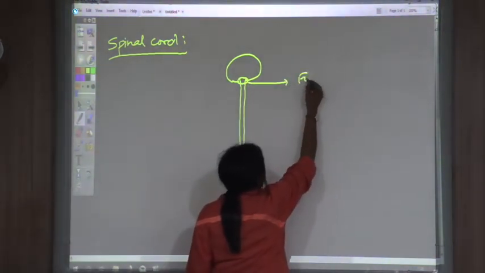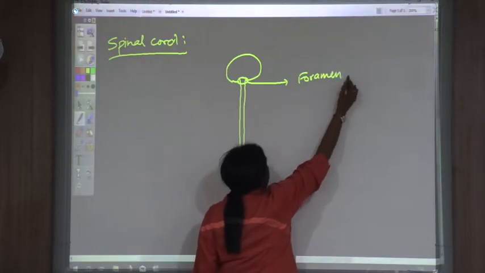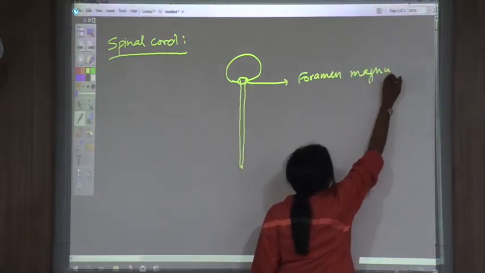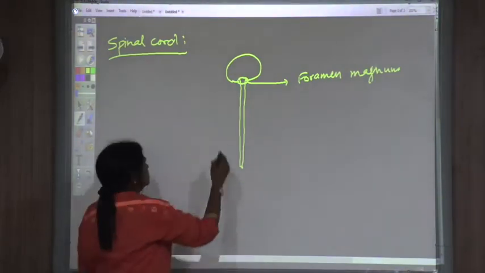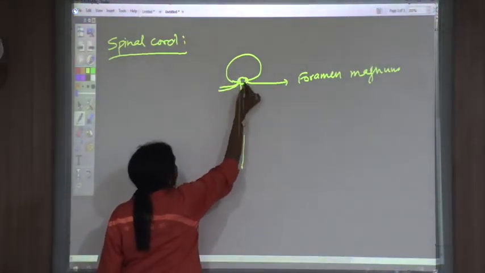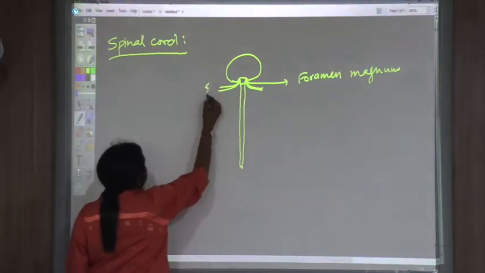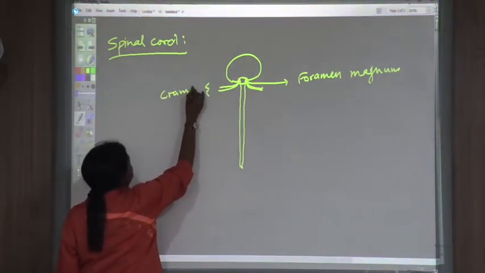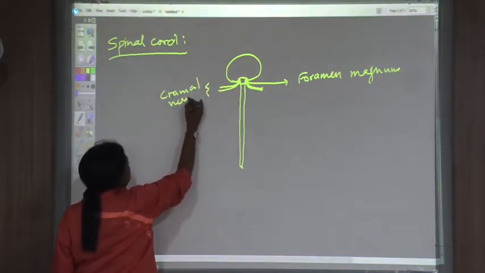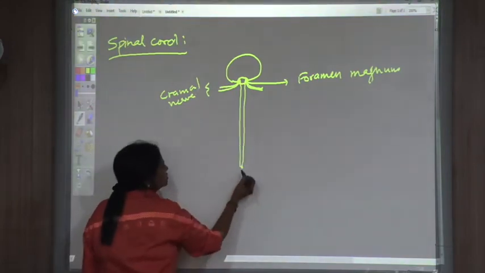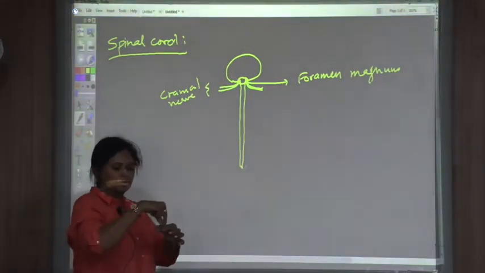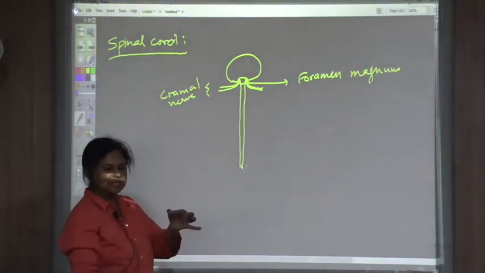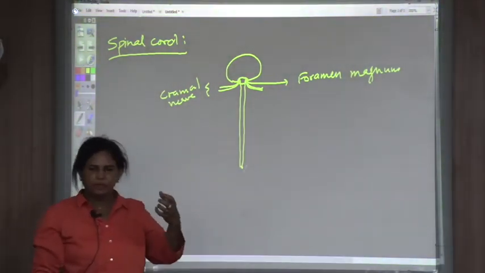and from this hole in the skull, that's called the foramen magnum. Foramen means a hole and magna means big. So there's a big hole in the skull, and from this arises 12 pairs of cranial nerves. So these cranial nerves will be moving out from this hole only, and they are reaching up to your shoulders only. They don't go beyond this except for the vagus nerve.